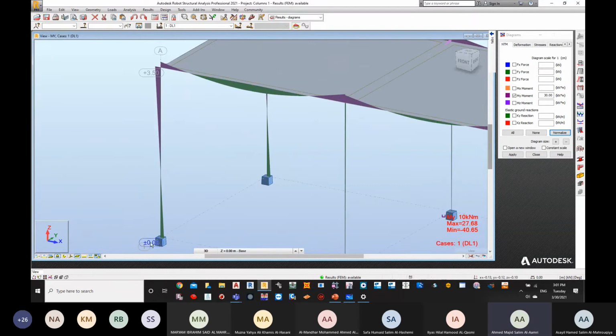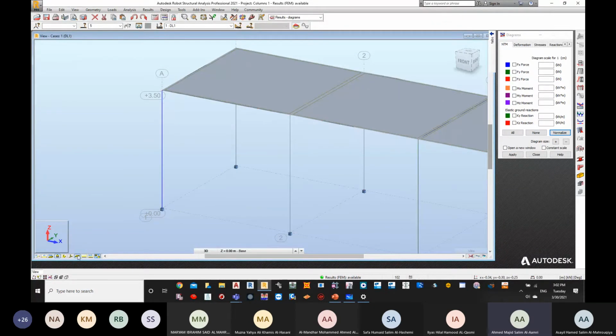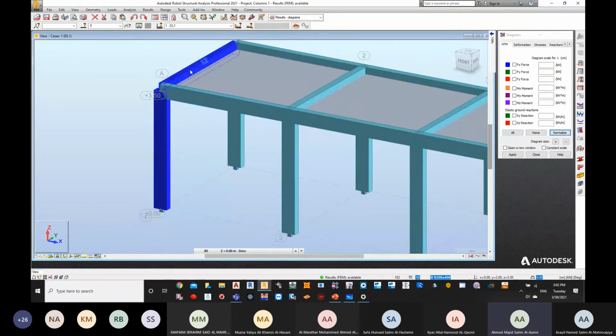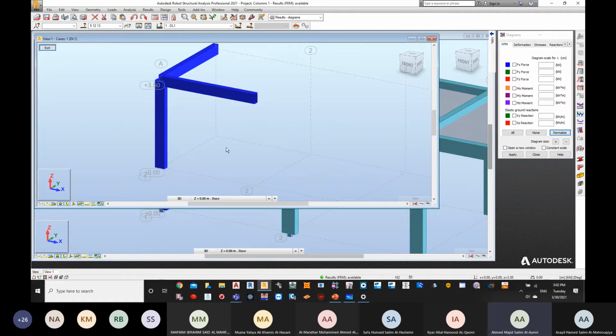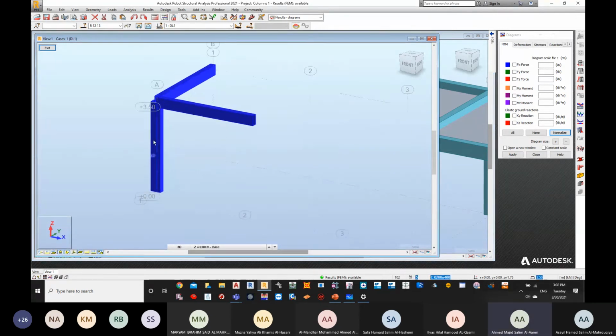This column. Now this column is taking two beams only. So if we separate them once again, if we separate them,